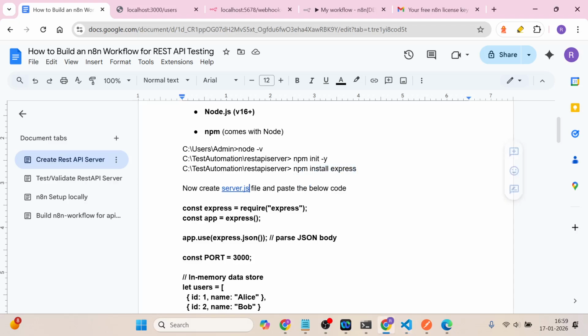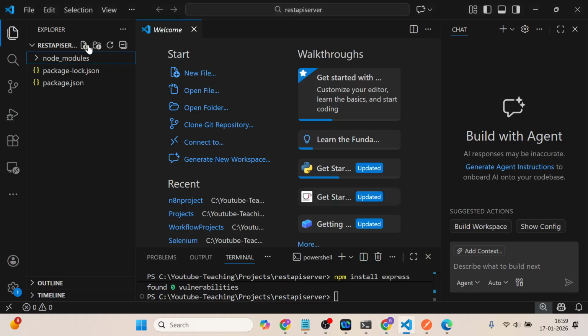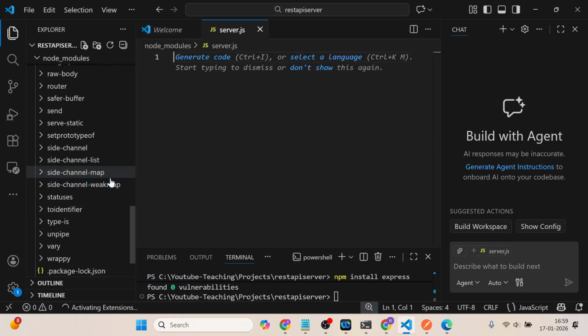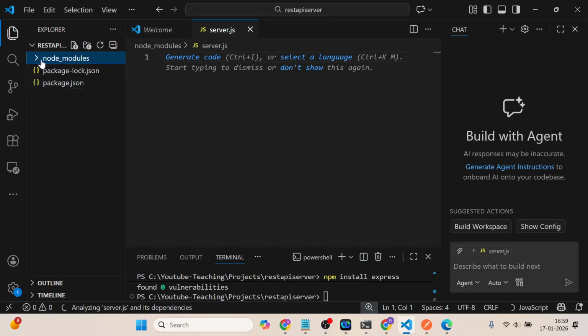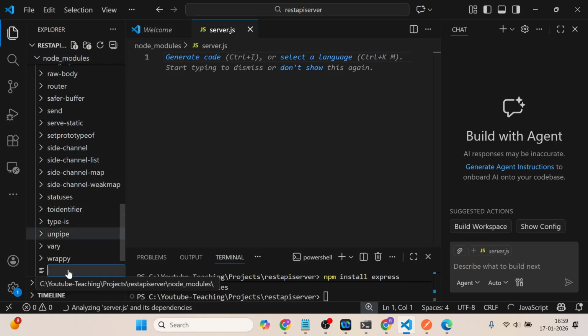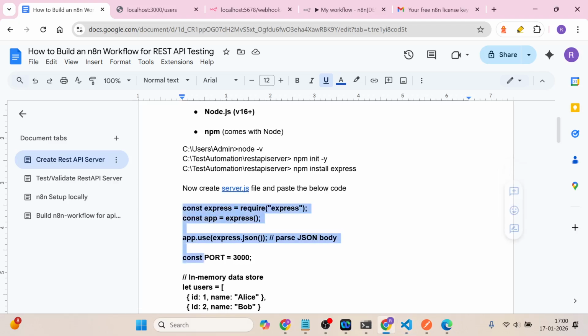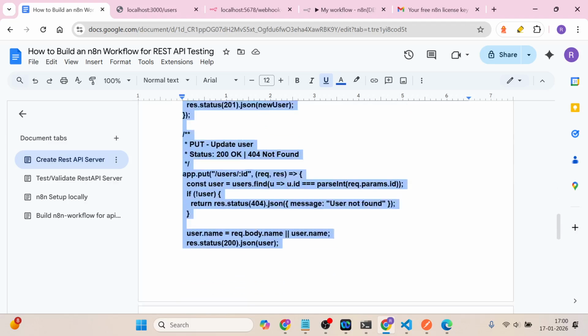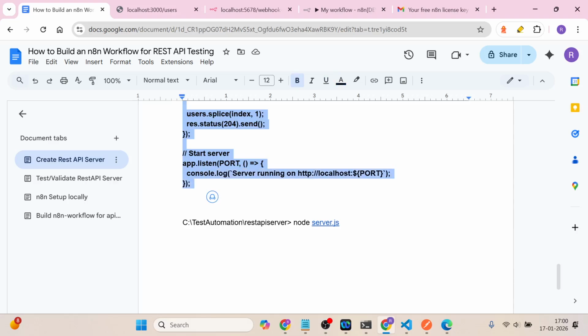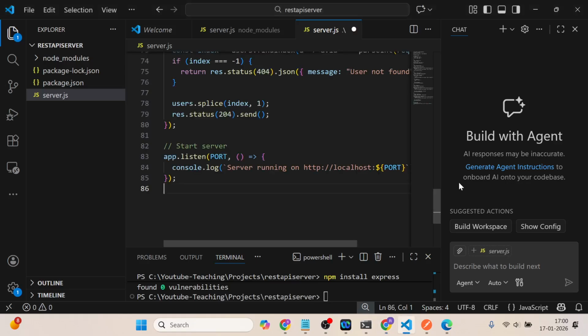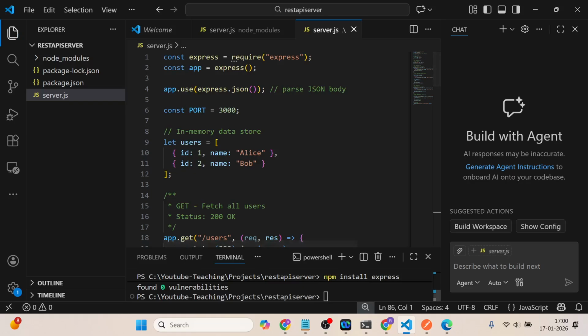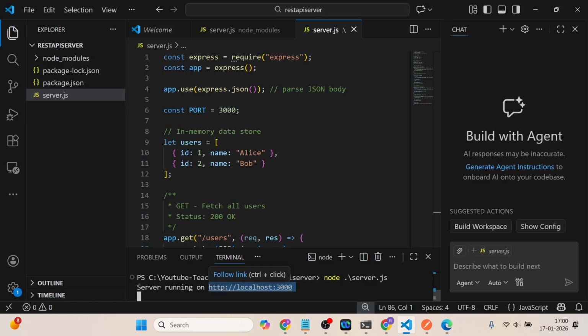Now we will be actually creating the server.js file and executing this file. So let us minimize this, and now we are supposed to create that server. You can delete or leave it as is. Just create server.js here and paste the content. This particular file will help you test your GET, POST, PUT and DELETE requests, and I am then saving and running this file, server.js. So you can see my server has been started and is running on port